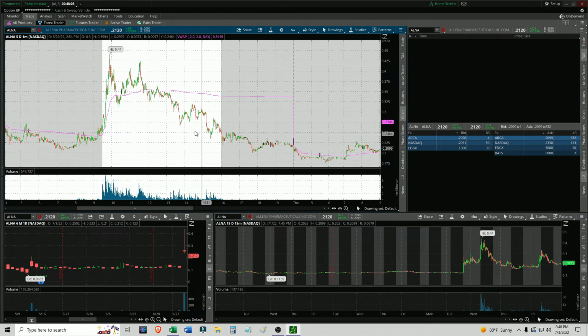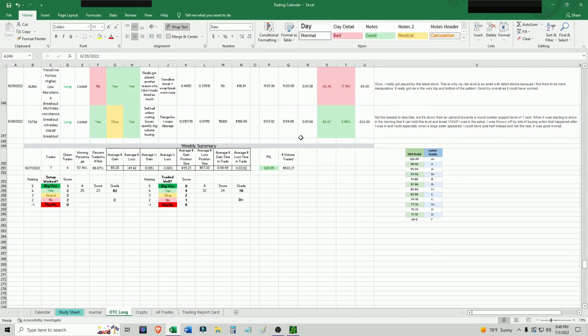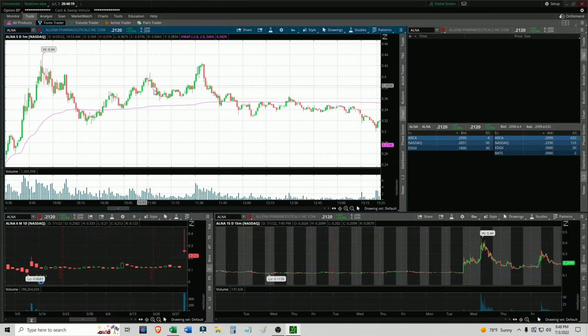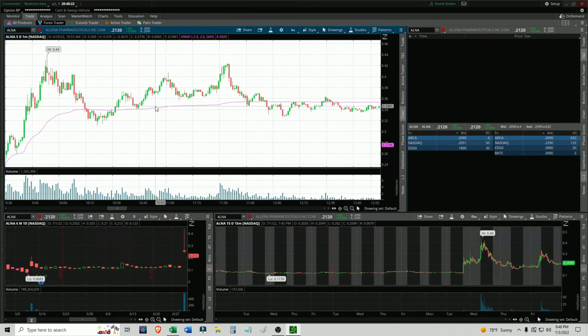Had a nice move, but then you can see it sold off pretty impressively too. I guess congrats to any short sellers. I was in at 11:01 at 40 and a half. I'm going to zoom in a bit more again. 11:01 was when I got in right here at 40 and a half. This one just really got me good, and that's what made me stop trading that day and then not want to trade listed stocks when there were no setups on